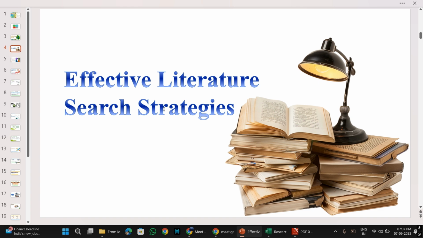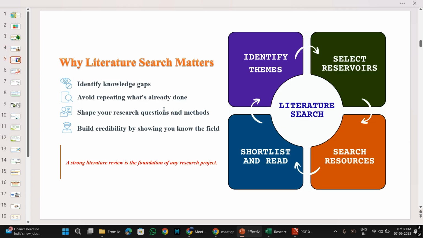Let's get into effective literature search strategies. We are not really talking about finding a research gap. I am leaving it all up to you, because there are multiple different ways in which you can find a literature gap, or a significant research topic that requires to be solved, that requires to be answered. That is something we are not going to look into, but we will look at how to search for relevant literature. While literature search really matters, there are four ways to look at this.